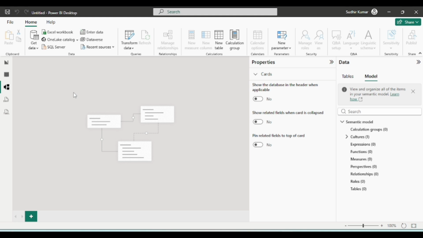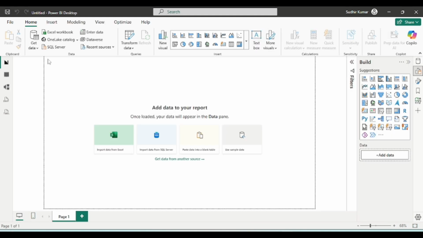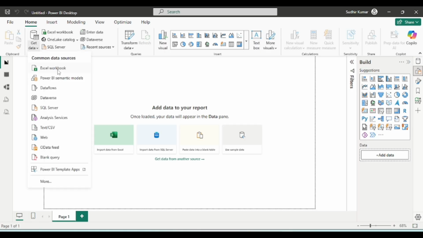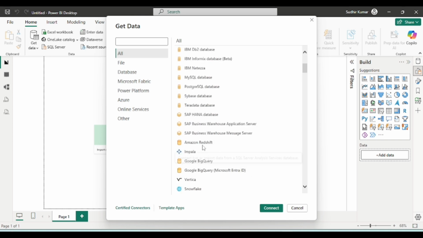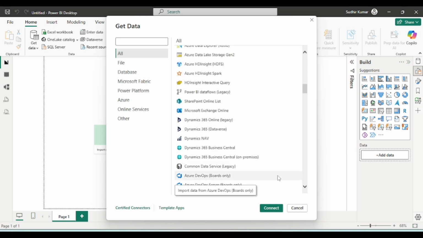Now let's import the data. Now it's time to import the data. How will you import the data? We have multiple options. You could see this Get data. We have multiple options: Excel workbook, Power BI semantic models, dataflow, Dataverse, SQL Analysis Services, text/CSV data, and all that. If I click here, you will find multiple options. As of now we are going to use